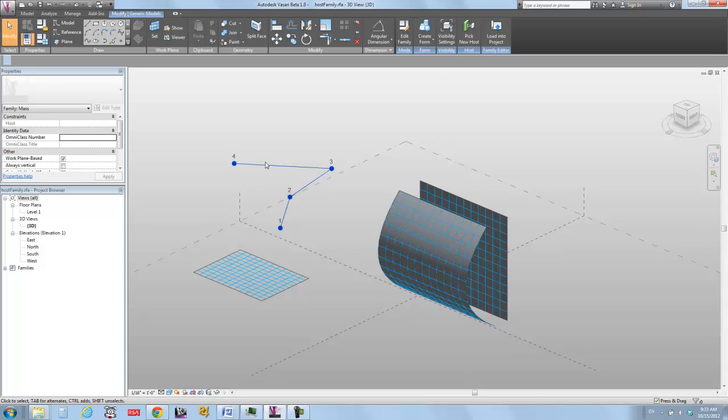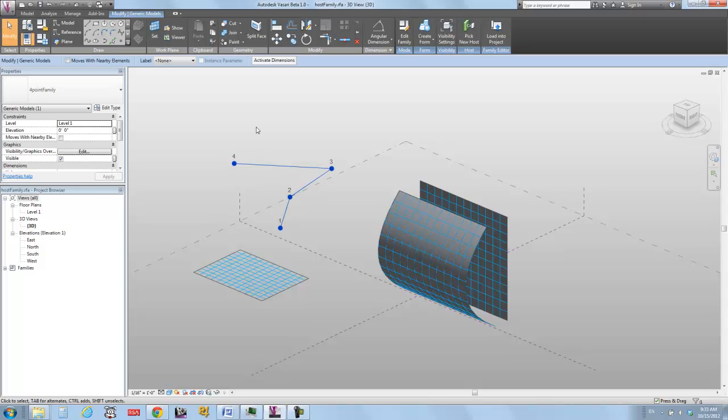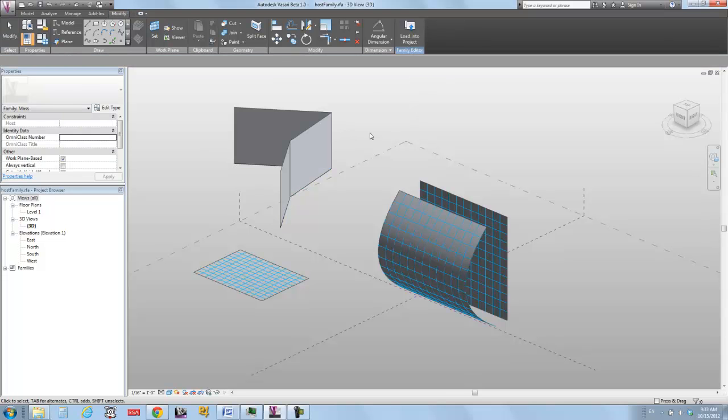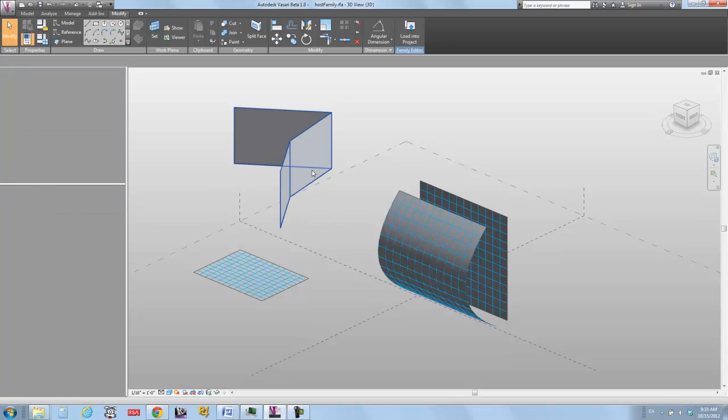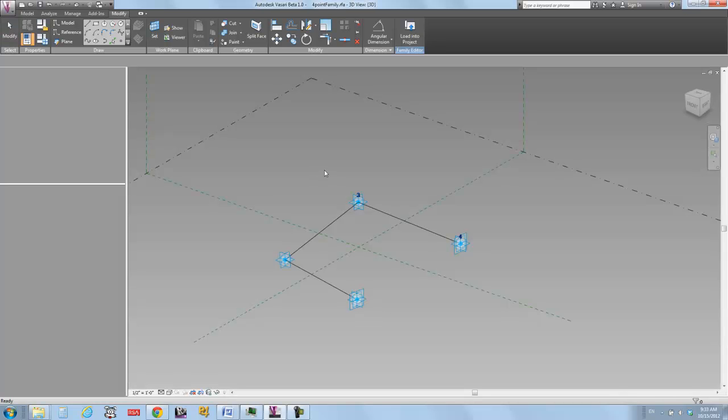If you select this guy, you'll see the numbers show up. You can go hit create form. So it's not that this is just a loaded family, but this is also something that can be a referent for making other stuff, right? And there's a lot of other features that you can work out of this. So if I go back in here for a second,